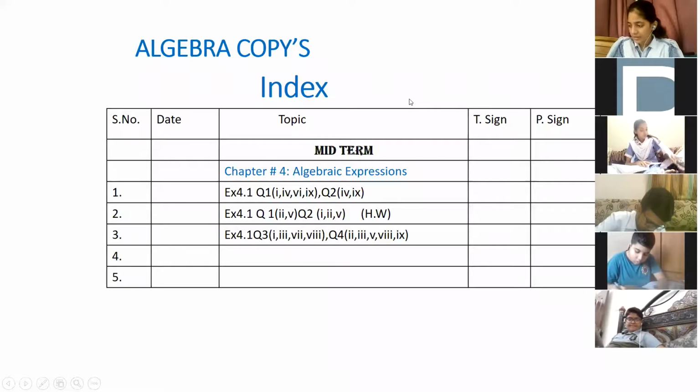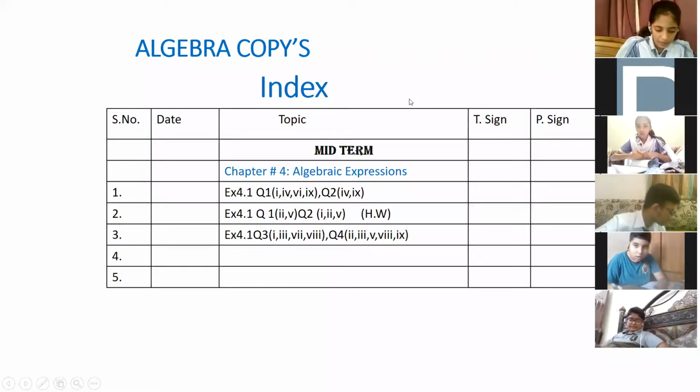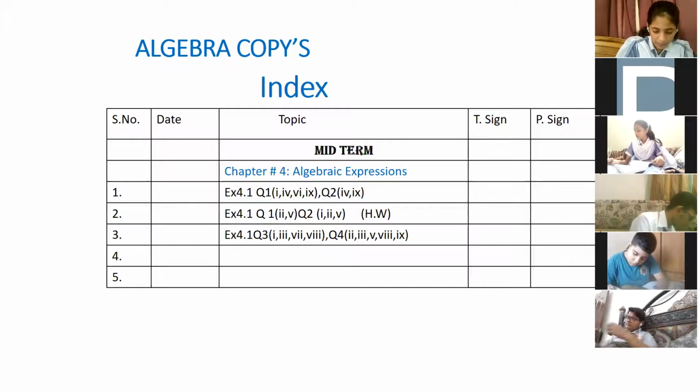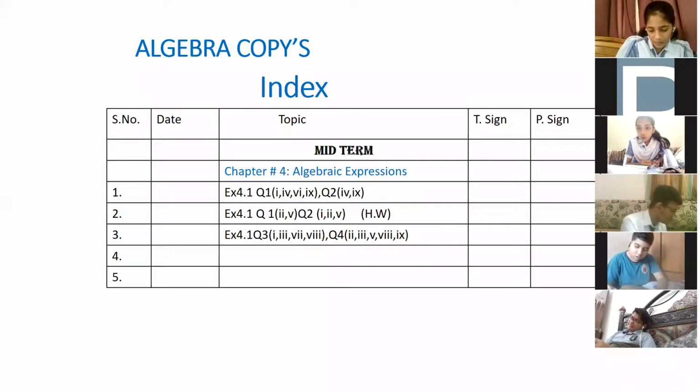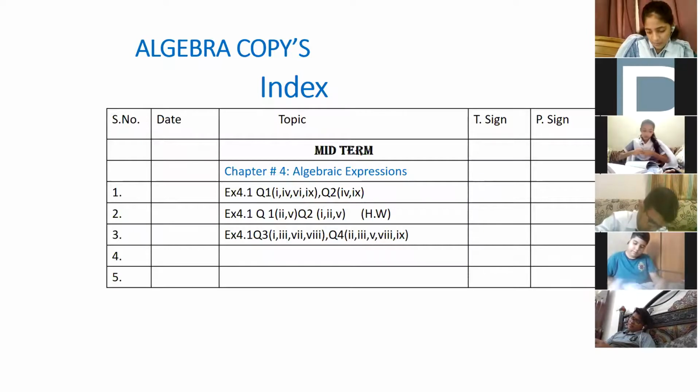If Talha Zishan is attending the class, beta, you have given me the wrong copy. Algebra copy is of 300 pages and arithmetic copy is of 160 pages. Talha Zishan, you submitted arithmetic work in the 300-page copy. I am not going to check that work, please. Take that copy back, solve algebra work in that copy, and do arithmetic work in the arithmetic copy of 160 pages.